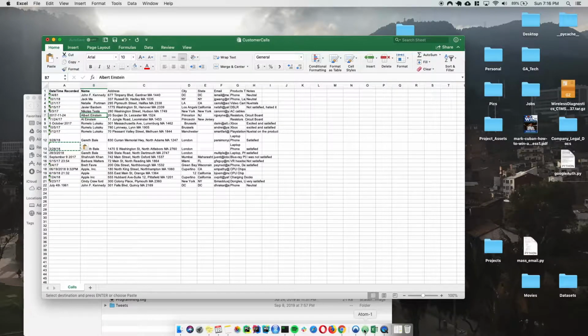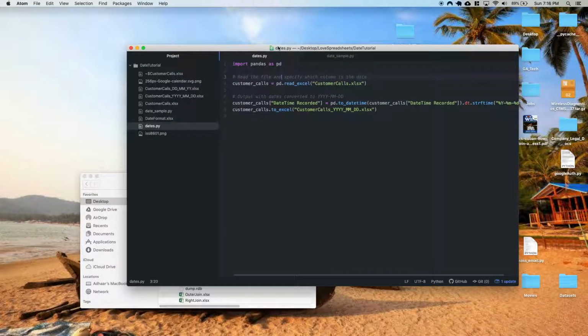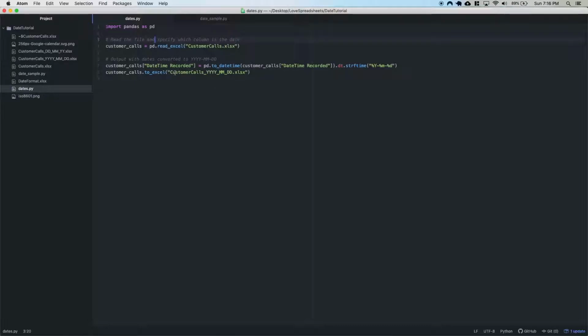Let's create our Python file. So I have this code already written out, and it's going to be dates.py, and we're going to go through the code, and it's pretty straightforward. There's one part of it that I'll focus most on, and from then on you'll be able to convert any date. So we'll make this dates.py and we'll save it in that same folder, in this case where my customer